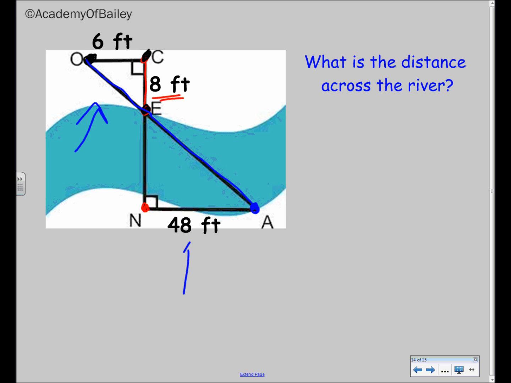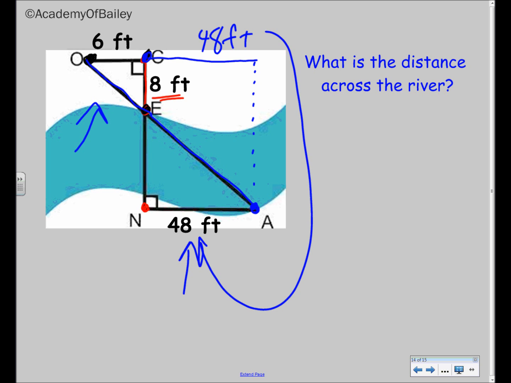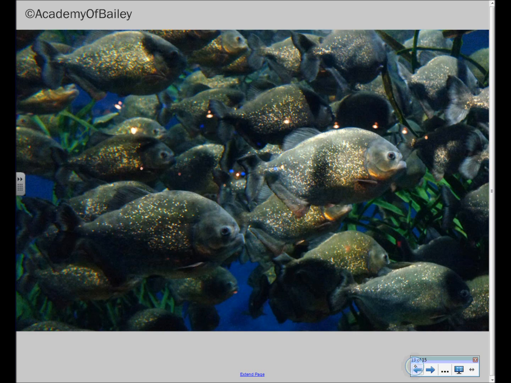Well, you ask, how am I going to get this 48 feet? Well, what you do is you go back to point C and you walk out to here until you get directly across the river from point A. And then this distance, 48 feet, is the same as that distance of 48 feet. Okay, so I know it takes a little bit to set up, but I can tell you, it sure beats